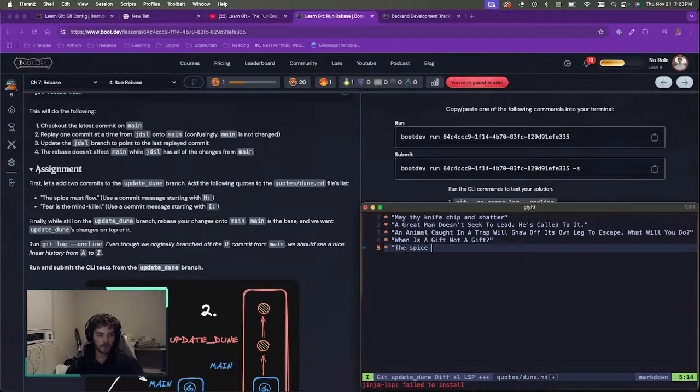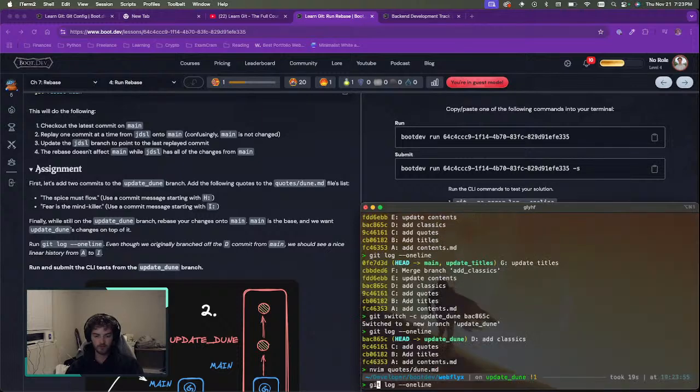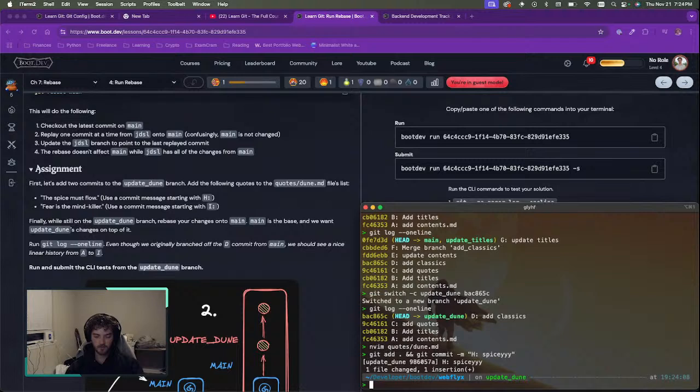The spice must flow. Git add and git commit, spicy. And then